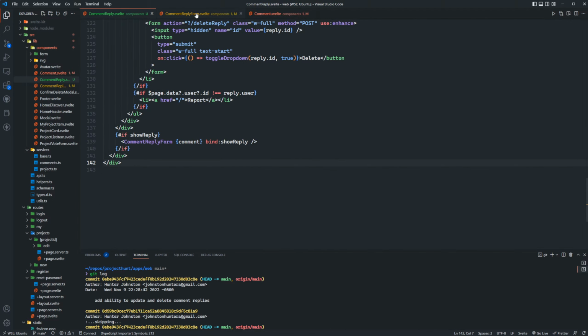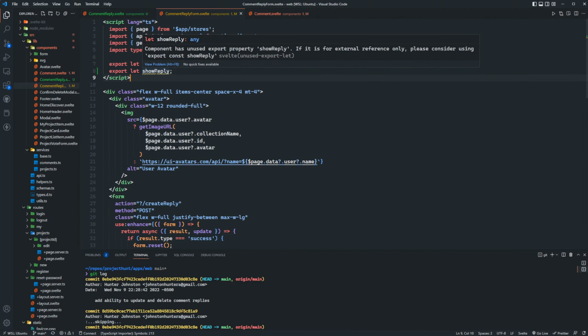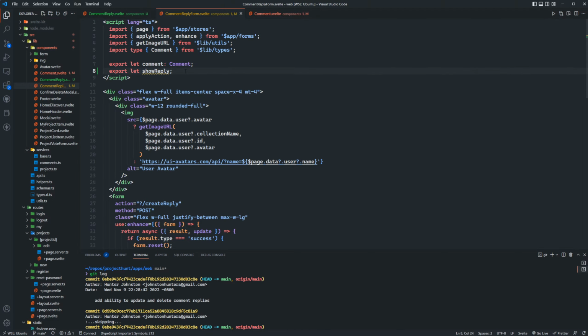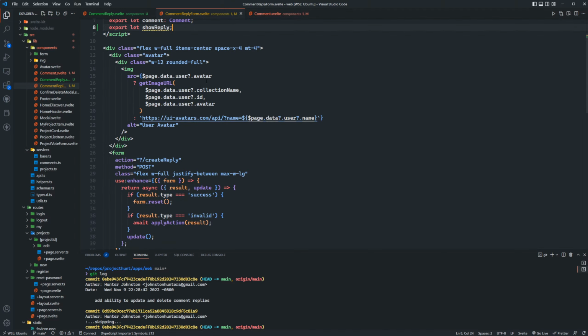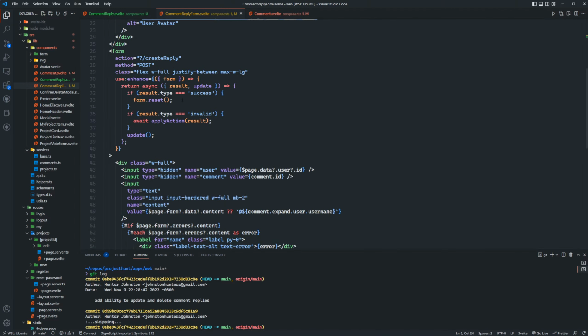Okay, and then I can set that here. I think this will work. And then whenever I submit the form, I want to reset it. And then I also want to